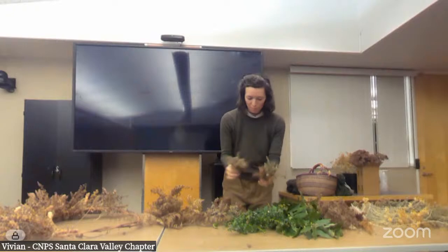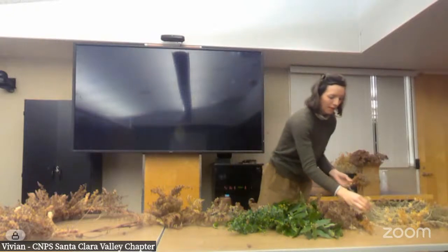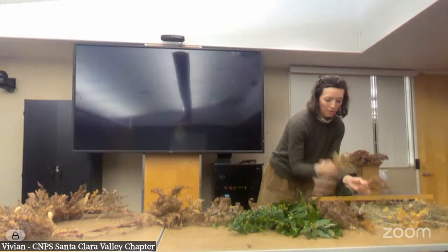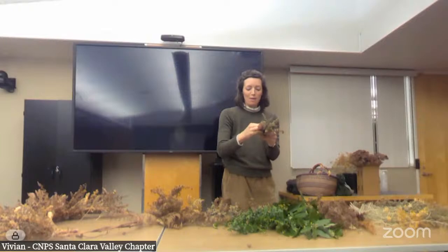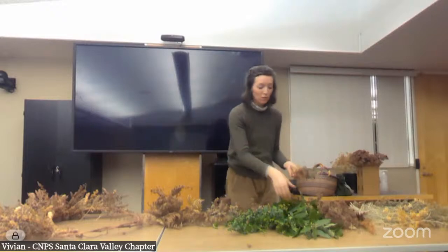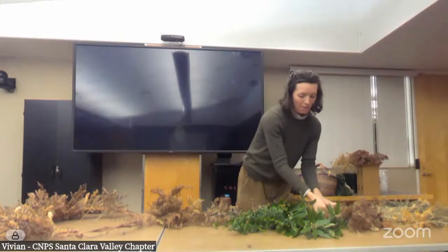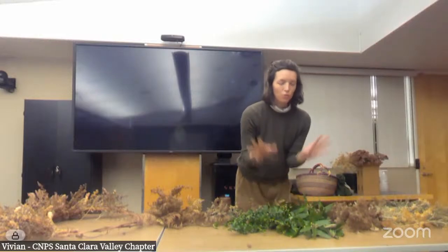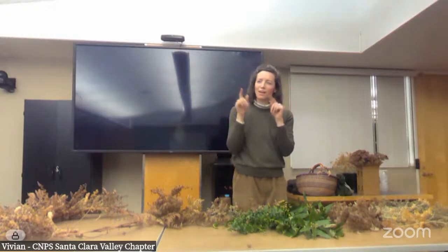So I have a couple different bundles. I'll put these all on now. I've got my everlasting. I'll show you how to put these on. Another thing that can be fun is, again, all of this can be reused many times. You can keep cutting off the bundles, adding to them, putting them in other things. So if you do have any evergreen needs this season, the two plants that dry really nicely, they keep their green,